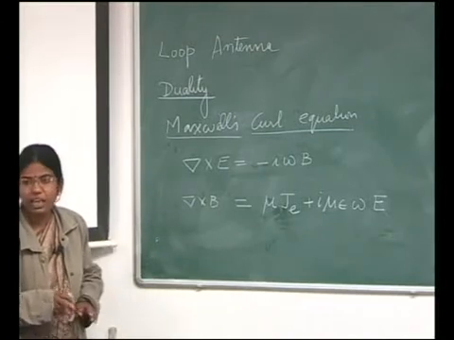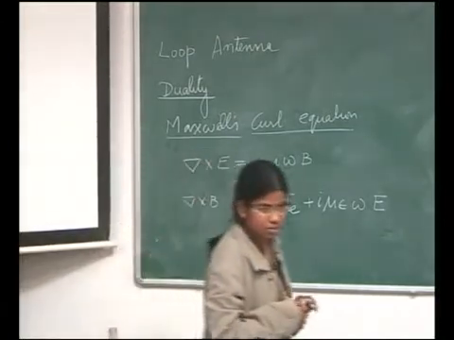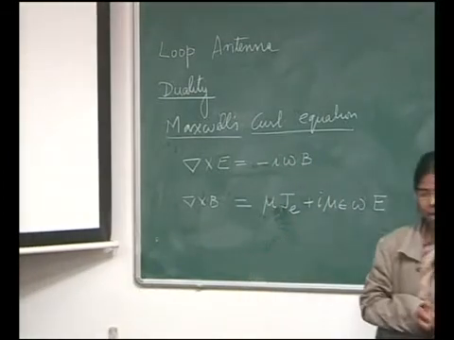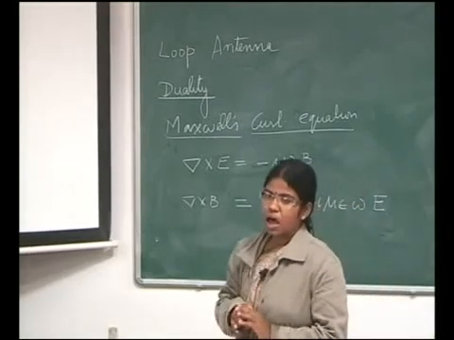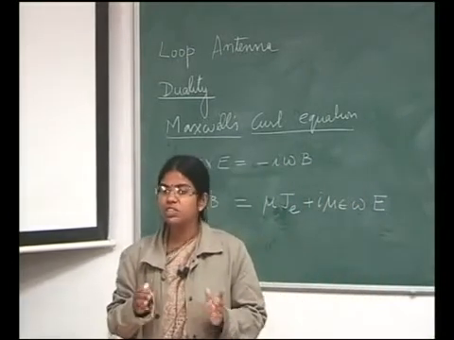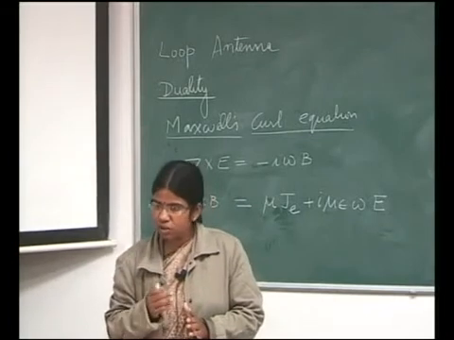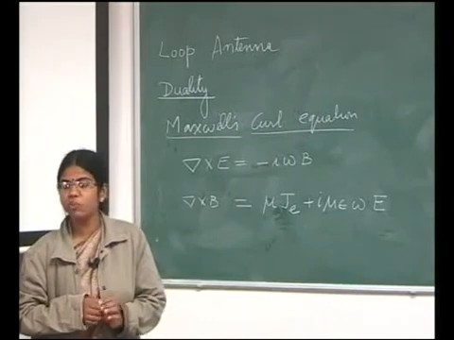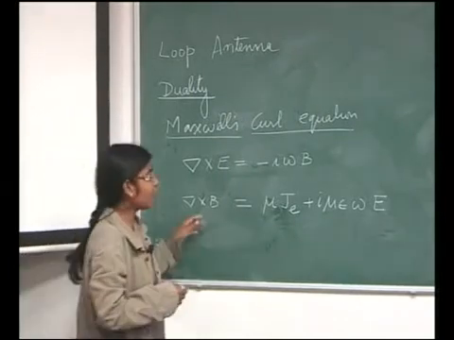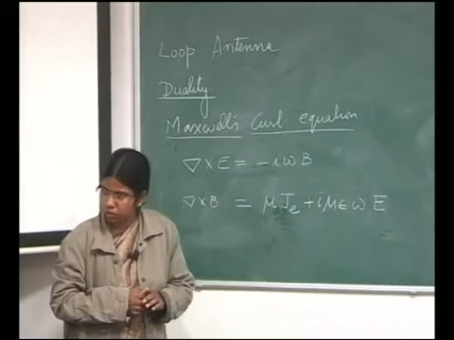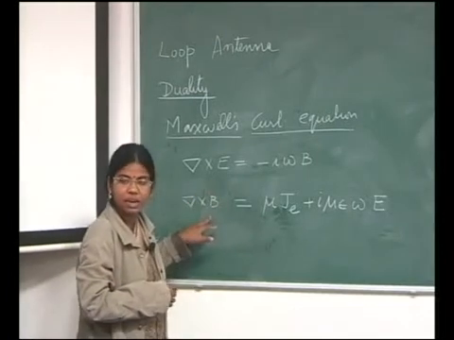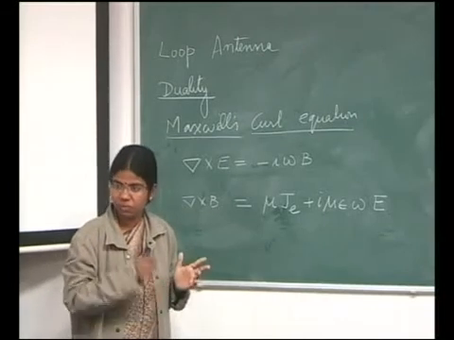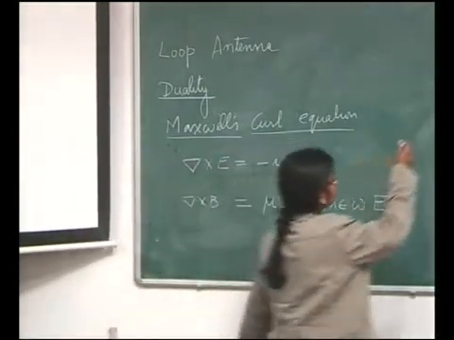Is it clear? If in one system current is due to electrical charges, however in another system which is quite similar, but we know that the current is generated because of magnetic effects, then we can write straight away the Maxwell's equation or the expression for E and B by knowing the expression for E and B in the previous system. Okay. So the interchange table is,